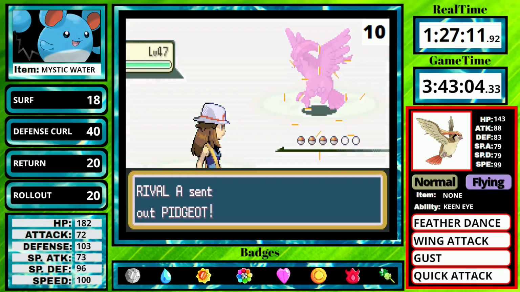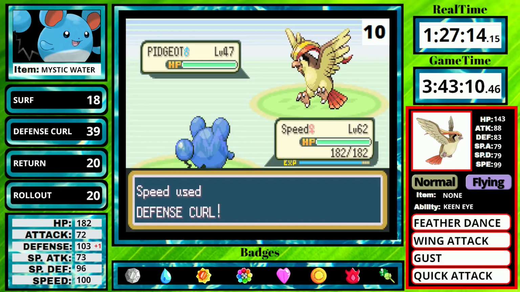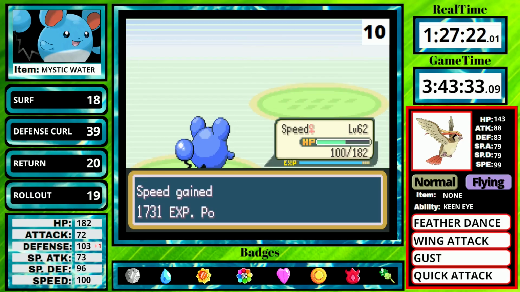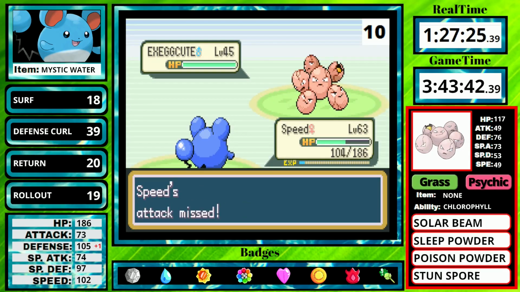On Pidgeot, I do have to use 1 Defense Curl and then spam Rollout on everything else. However, this fight isn't completely safe. If Pidgeot ever uses Feather Dance on me, which is a move that lowers your attack by 2 stages or 50% of its original value, I reset right away, since I will miss a lot of rollouts, which can result in a death. It doesn't happen on the first attempt, but I missed my Rollout on Exeggutor,